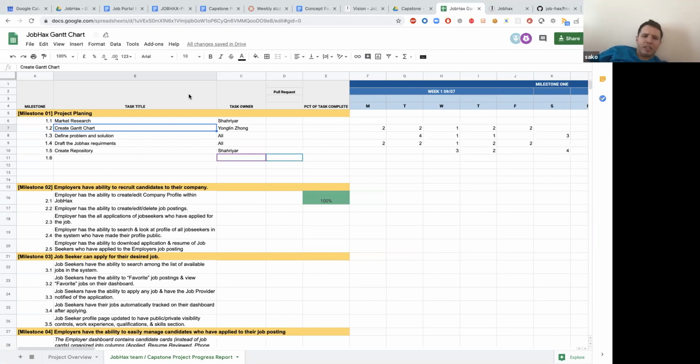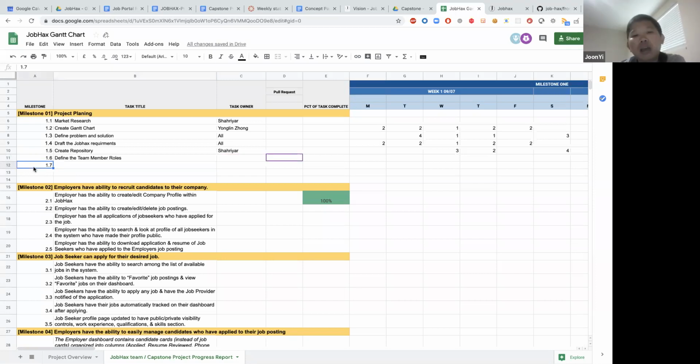If it's a small thing, it's fine to write it, but for the bigger ones, we define the problem and solution, define the team member roles. We also had